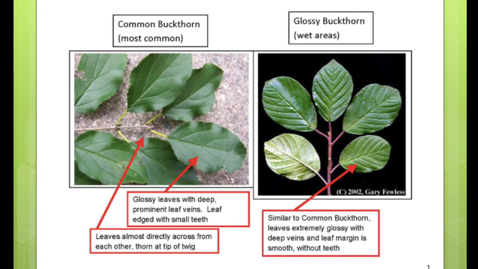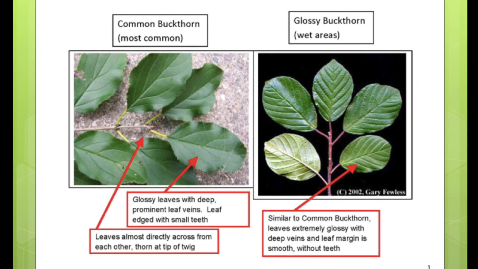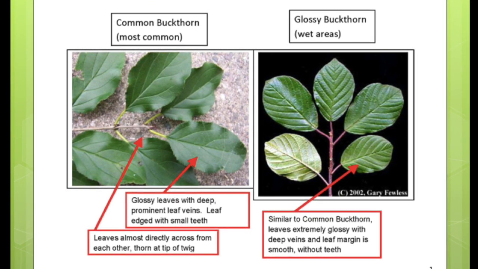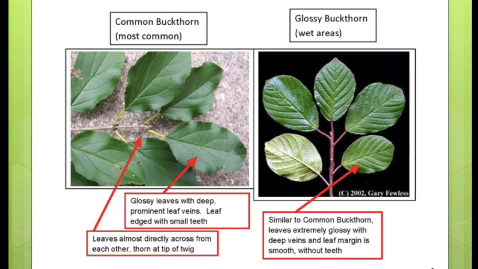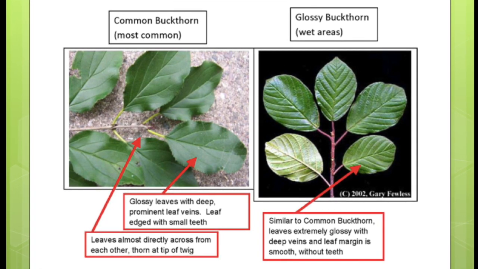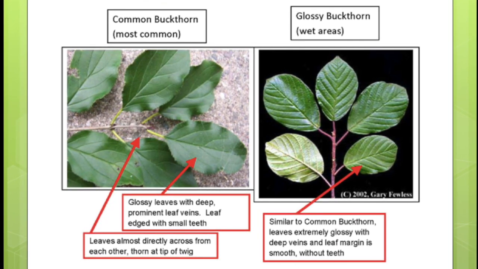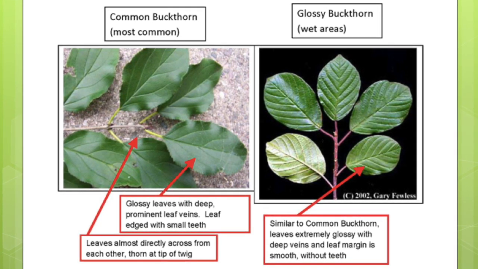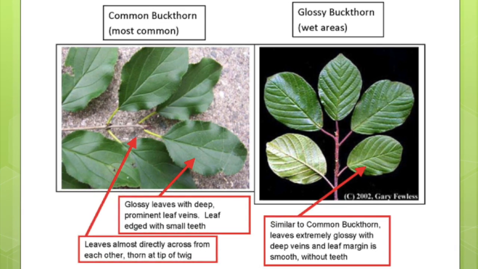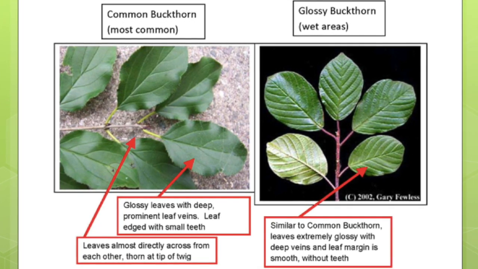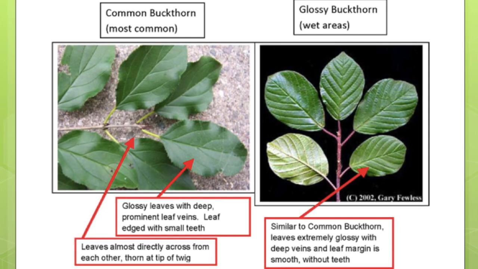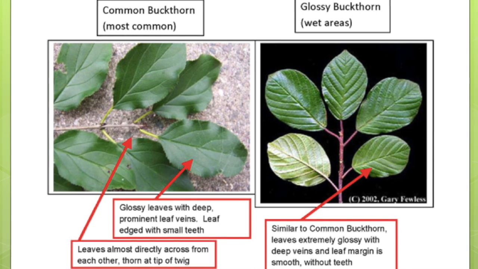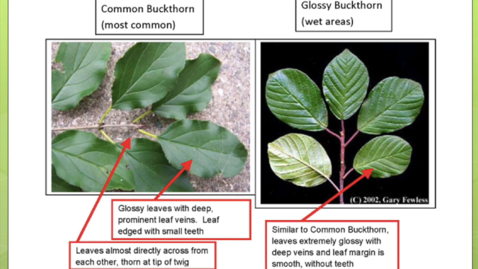As far as its appearance, the common buckthorn grows as an understory shrub or a small tree that stands about 10 to 25 feet tall, with a trunk that's up to about 10 inches in diameter. The leaves are alternating, dark green, and have smooth margins. As you can see here in this picture, there's also the glossy buckthorn, which is a similar species, but for the purpose of this project, we are focusing on the common buckthorn. The bark is brown with a distinct orange inside, and in addition, the plant also has small, green-yellow, four-petaled flowers.